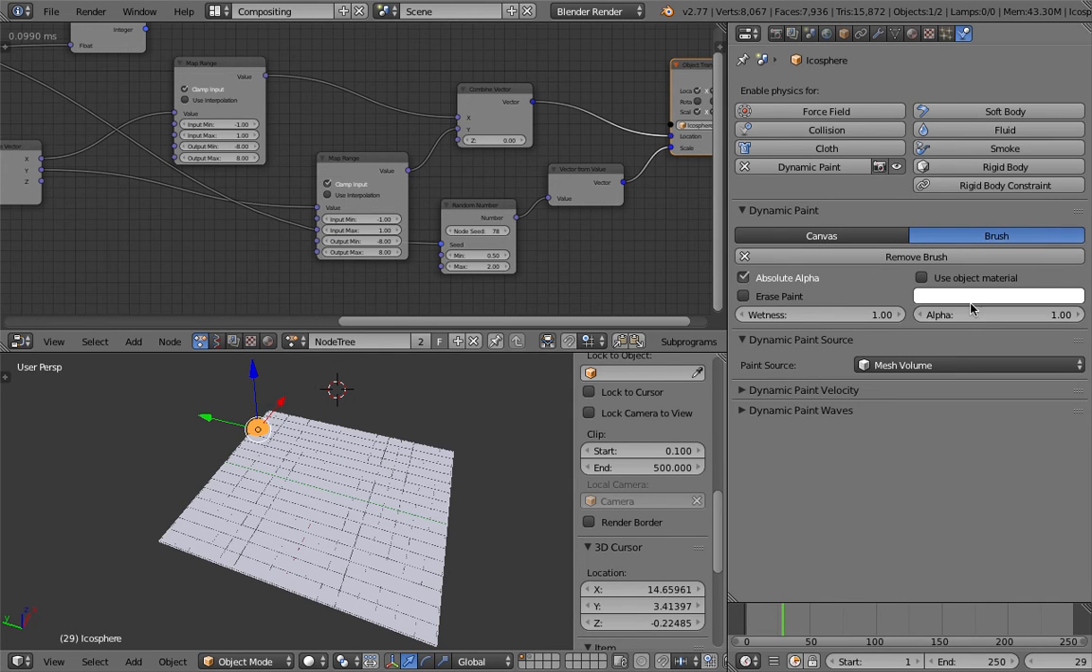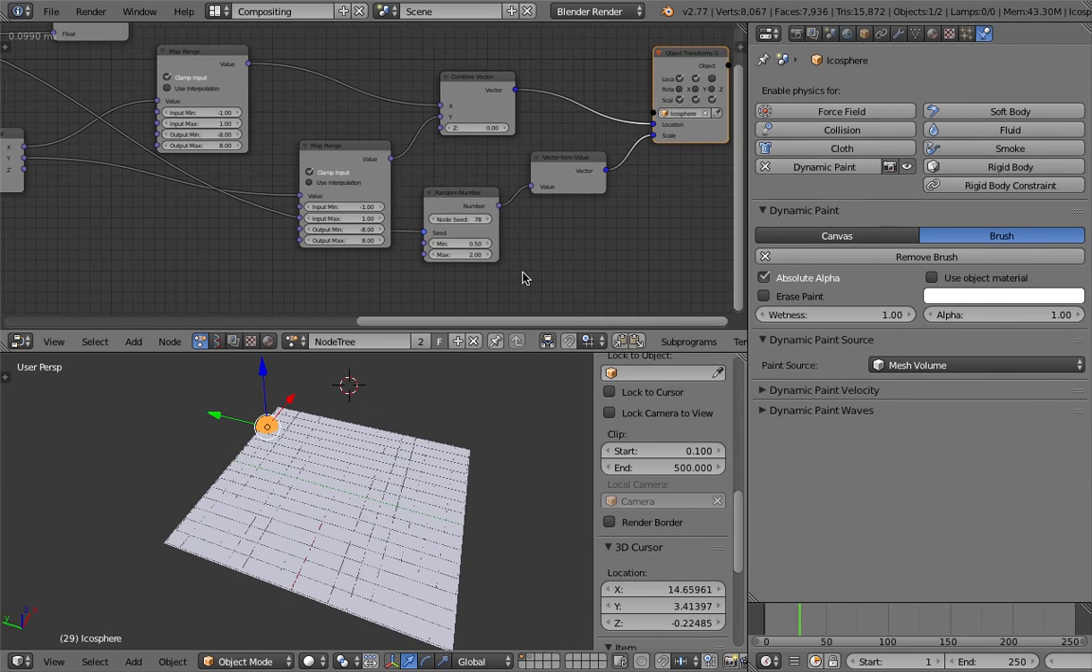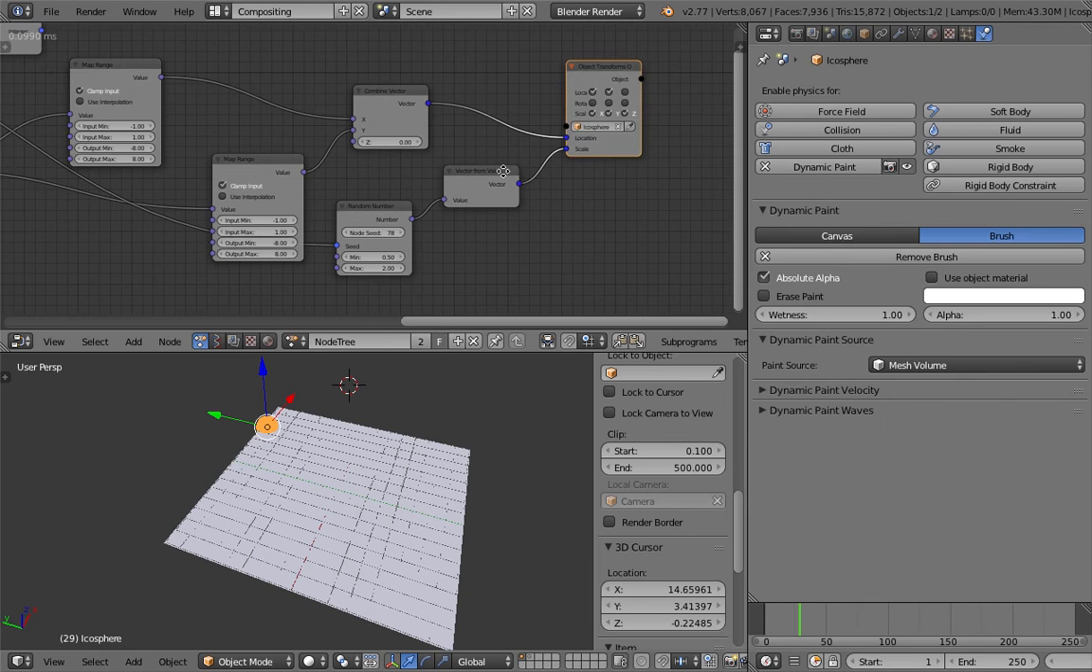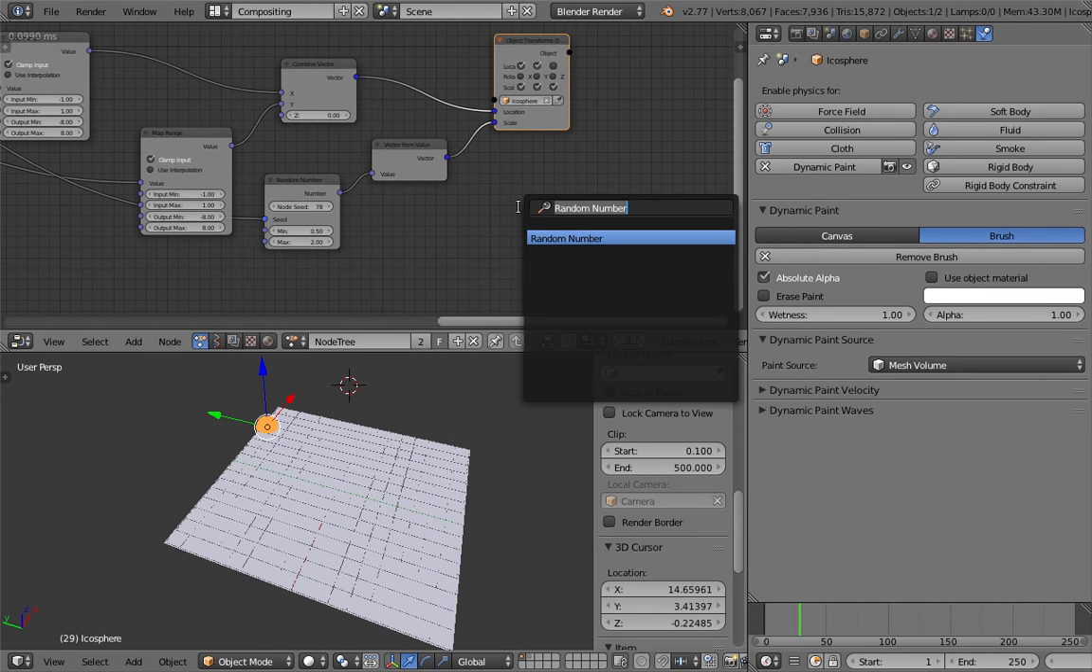We can randomize the color. That's the next thing. Let's see, random color and animation nodes. You already know how to do this as well if you followed my previous video. This is even more basic. So